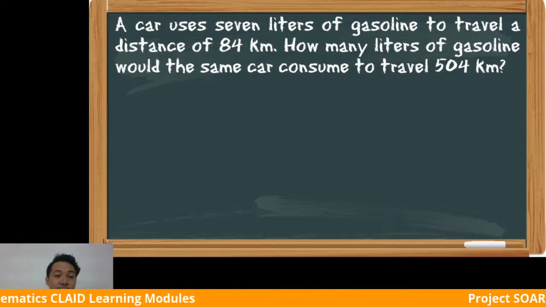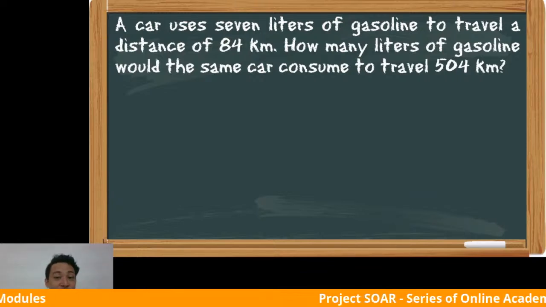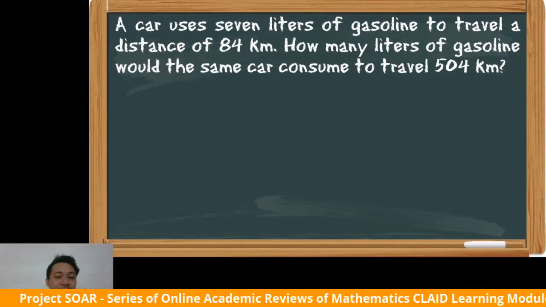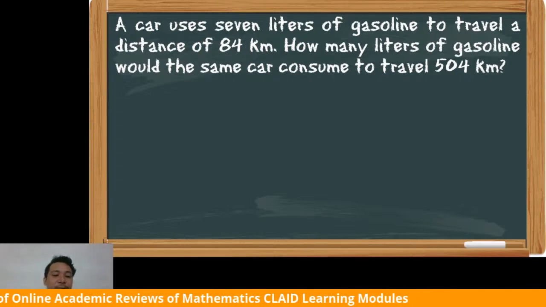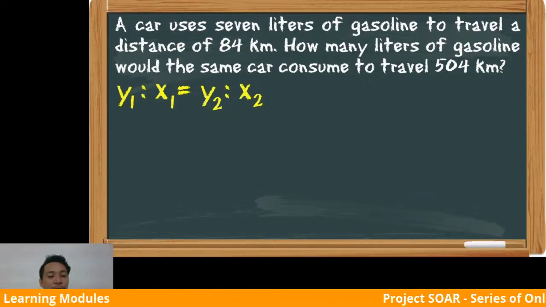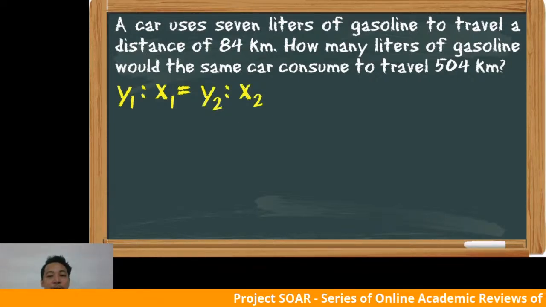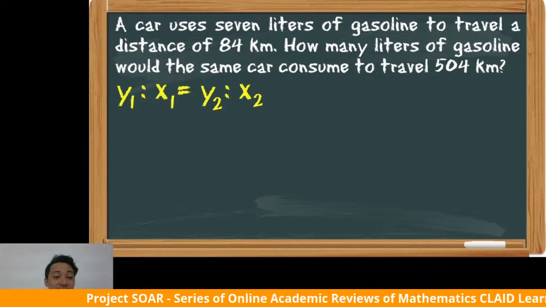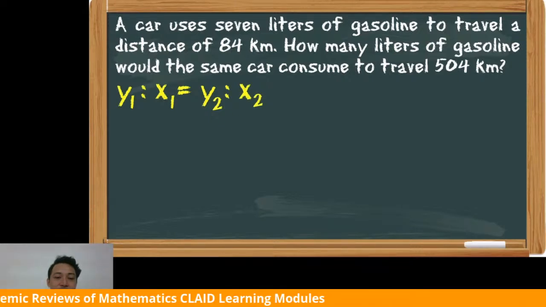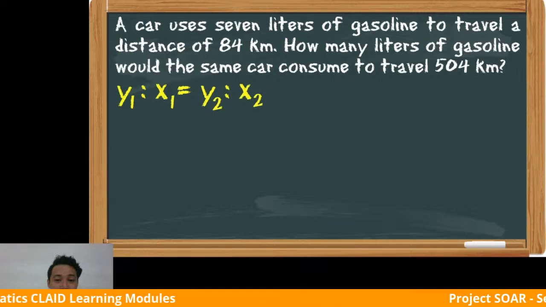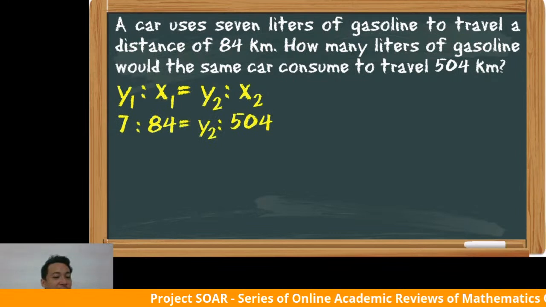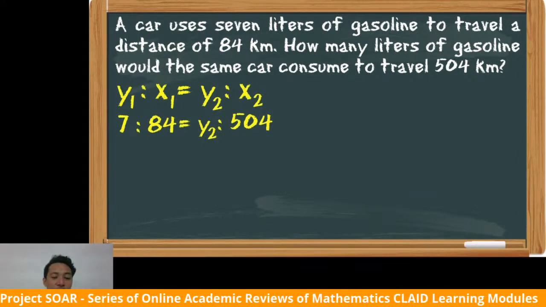So we all know that this problem is a direct proportion because as you increase the amount of gasoline, the distance also increases. So we will be using y sub 1 is to x sub 1 equals y sub 2 is to x sub 2. So we already have the first proportion, which is 7 is to 84. So we have 7 liters is to 84 kilometers. We don't know y sub 2, but we know x sub 2, which is 504 kilometers. So we'll have now 7 is to 84 equals y sub 2, unknown, is to